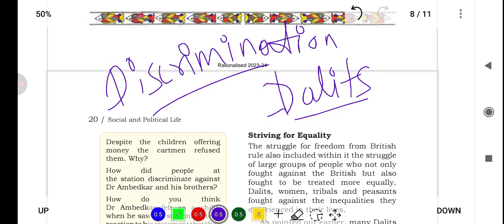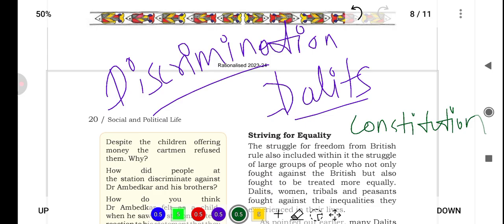Okay, so I'm giving you the summary of the upcoming pages. India's Constitution of 1947. India's Constitution of 1947 aimed to ensure equality for all citizens, abolishing discrimination and promoting freedom of religion, language and